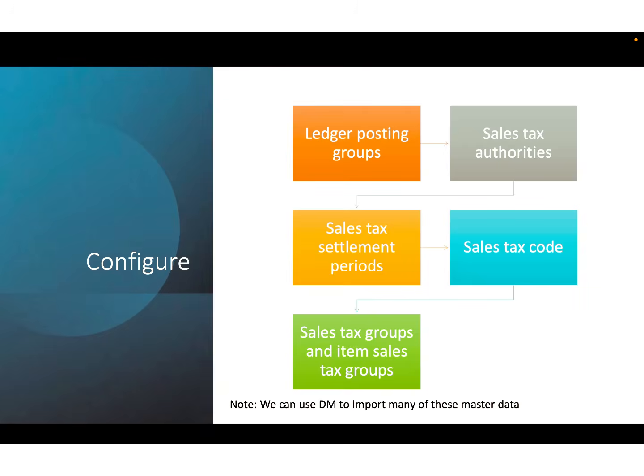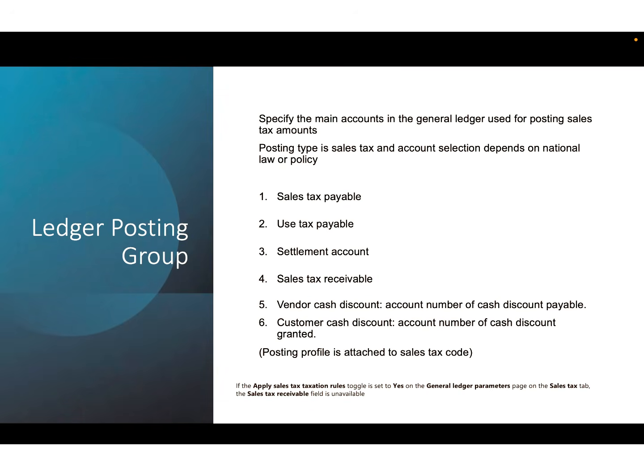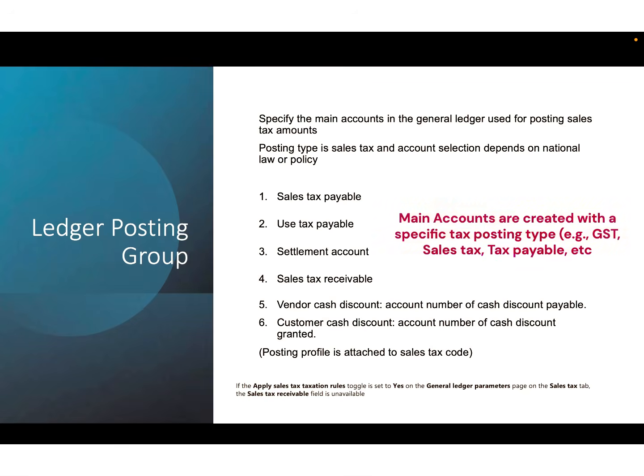Let us start creating the ledger posting group manually and understand what it is and how to work with this. Now we all know that posting group is something where we move the balance from the subledger account to the main account, right? Which automatically says that we must have some main account linked there. So to link the main account, you should have those accounts created in the main account. If it is not there, the first step is that you are supposed to create those main accounts